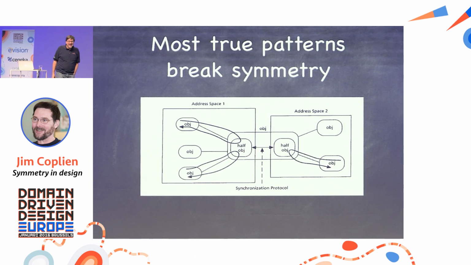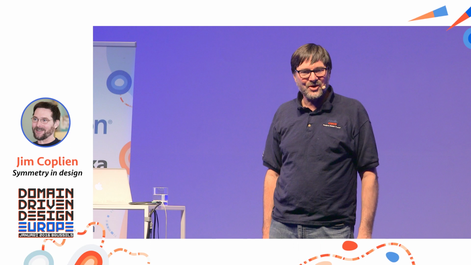Now, if you look at patterns, even in the software world, which is taking the cue from Alexander, who talked about patterns as configurations of broken symmetry, the great patterns in the software world break symmetry. Here's one from Northern Telecom called half object plus protocol. Is a phone call an object? So I'm making a phone call from here to Enschede. Where's the call object, here or in Enschede? And now I add a third party to the call from Hilversum. Where's the call object? And now I go on hook, and the call object is with me.